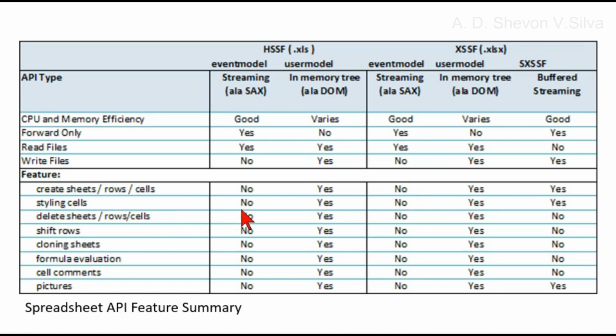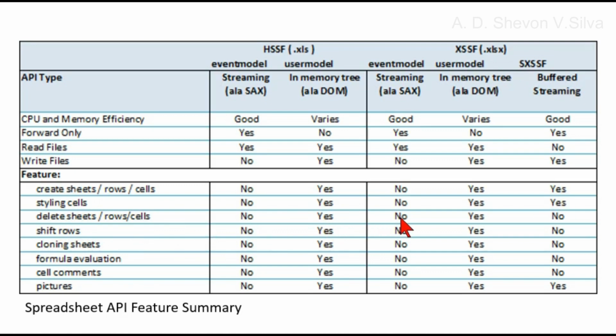Styling cells: in the event model in HSSF it is no, and in the user model HSSF is yes, and in the event model in XSSF it's no, and in the user model yes, and in SXSSF yes. Delete sheets, rows or cells: in the event model in HSSF it is no, and the user model